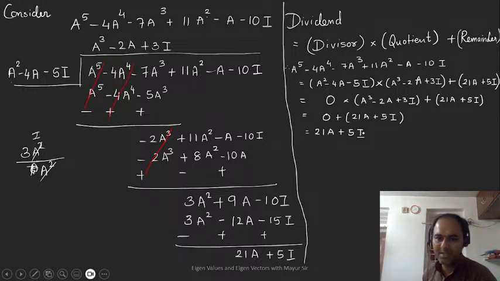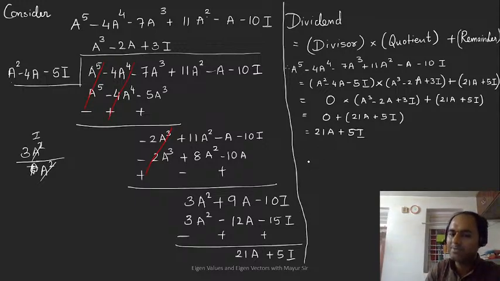So it is 21a plus 5i. This is the answer that you wanted. Sometimes they ask what is the value of this expression. How to give the value? You first do all this process, and finally the value of this expression, you substitute. If they are asking the value, you substitute 21 into whatever is the value of the matrix A over here. And the value of this big expression, if I call it P of A, polynomial of A,